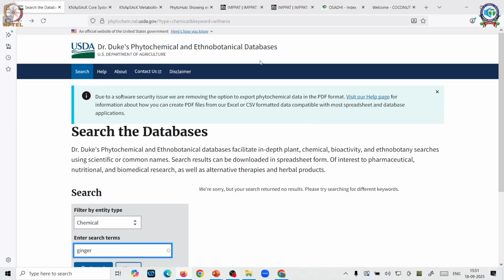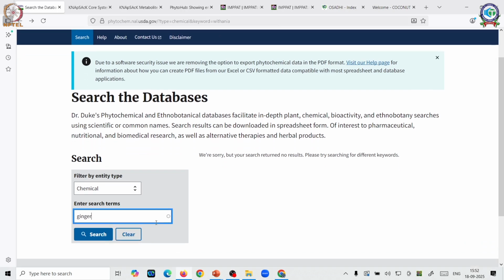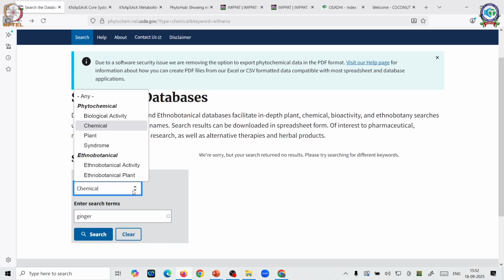The first database that we see today is the one developed by USDA, Dr. Duke's Phytochemical and Ethnobotanical Database. When you click on the link to this database, you will end up with a search page, where you can filter whatever you require.